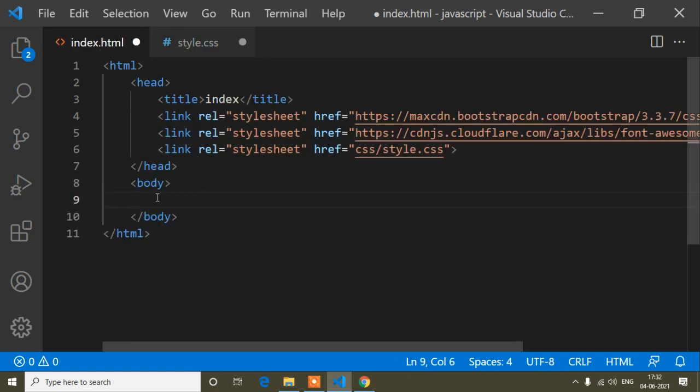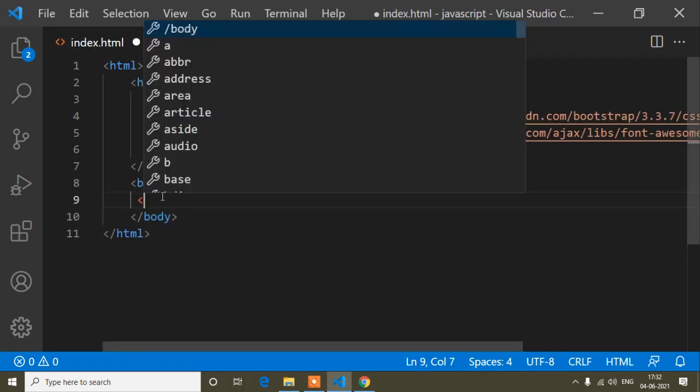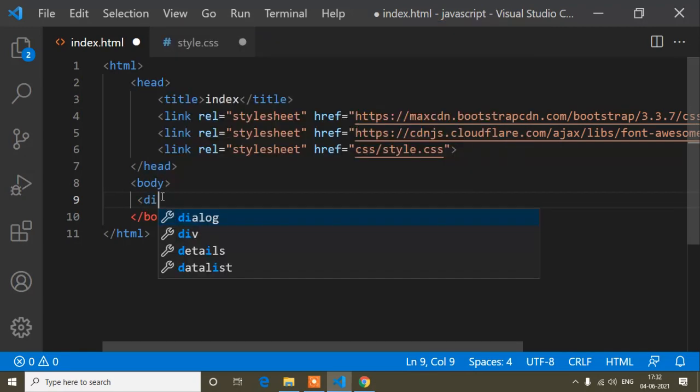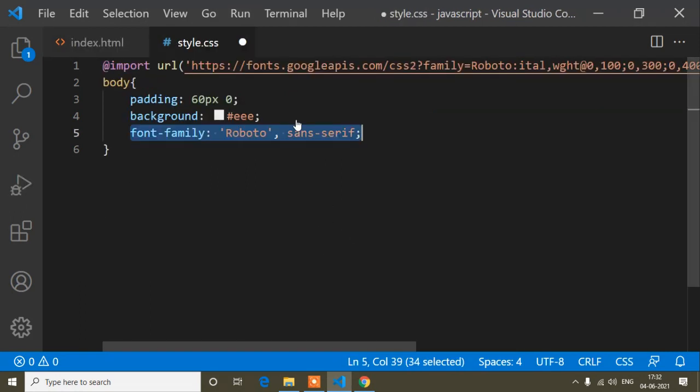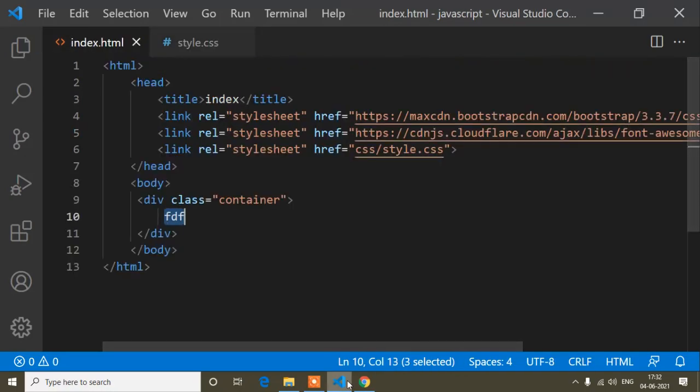And now guys, inside this body tag I will write the class. The first class will be a div class container. The container class is the Bootstrap class, so whatever I write inside this container will have some space on the left and right. Suppose I type some content, and now I save this and the other file, and go to the browser and refresh.